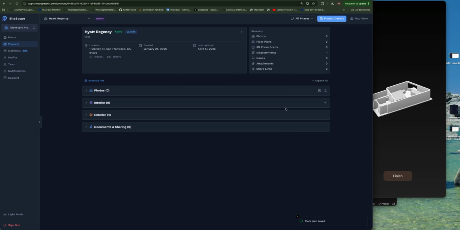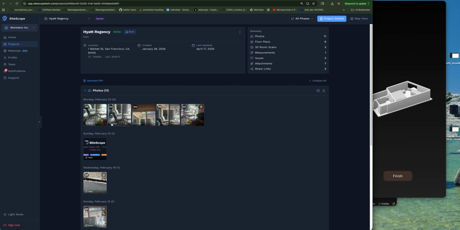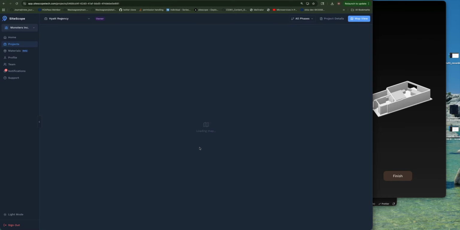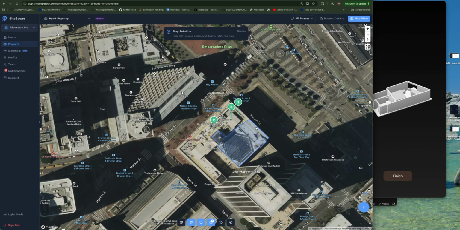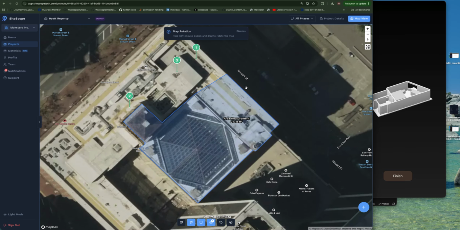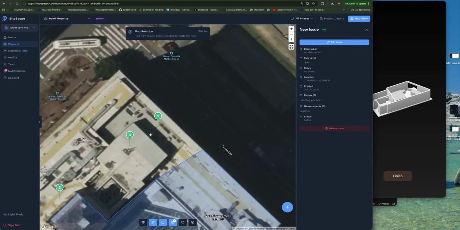The other side of the house is what I like to call SiteScope exterior. So when you're on site, taking photos is always a core part of doing any job. Who took the photo, when it was taken, that's all documented in these reports as well. If I come over to the exterior side, this isn't going to be the best project for the exterior view, but typically folks that want to measure roofing areas, landscaping, asphalt and paving, you can do this while you're on site, and you can actually drop pins at different locations